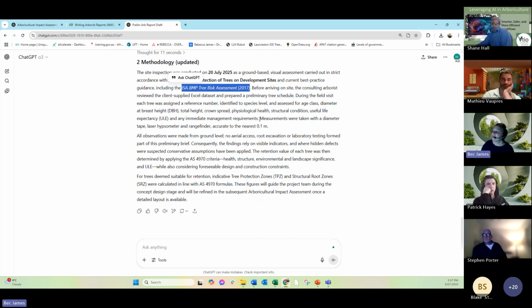Now, we have in our minimum industry standards references here. And some of those MIS have been relatively new, and ChatGPT is using internet data from about 3 or 4 years ago. So that's why it's picking up old stuff. But again, you can contextualize this, and this is where you have that advantage of having that local and current knowledge to contextualize your reports to be reflecting best industry practice at each stage.